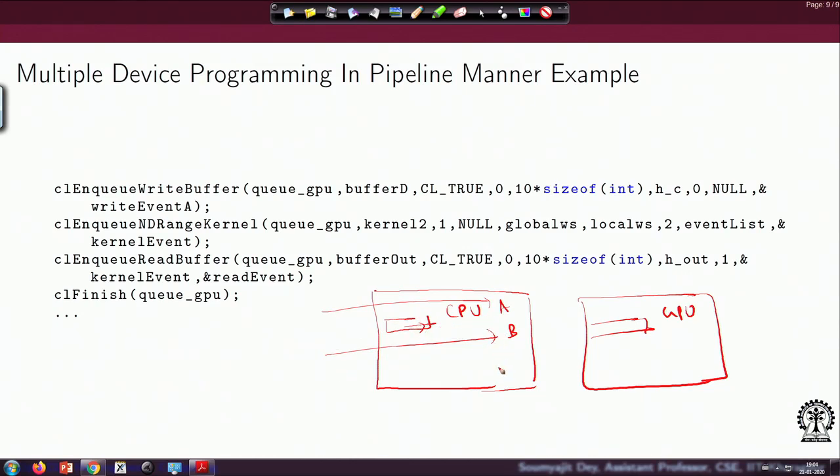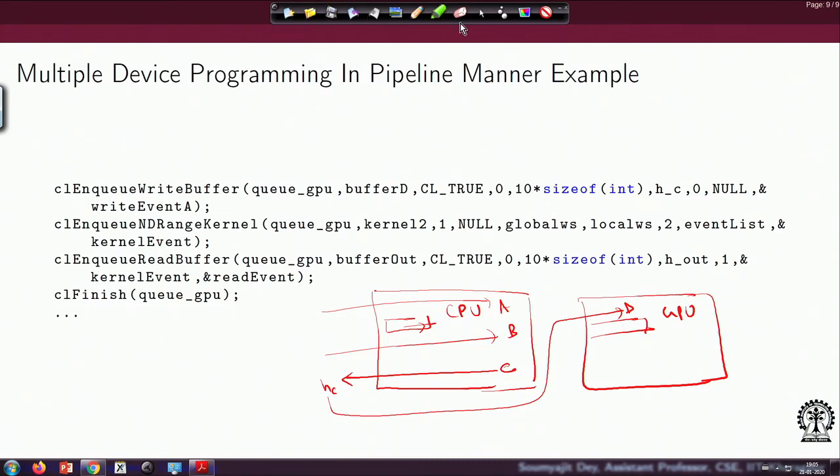The kernel will execute, and it will have the data in the buffer C. From that I will copy back to HC, the host side memory. Then I will be copying HC to the GPU side buffer D, and now I will have this NDRange kernel on the GPU which is going to start execution,